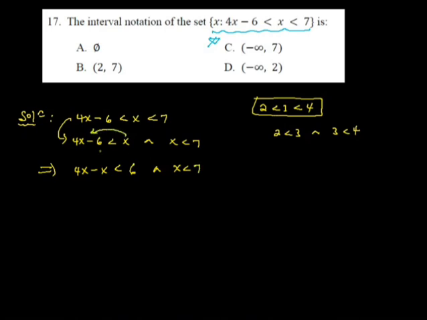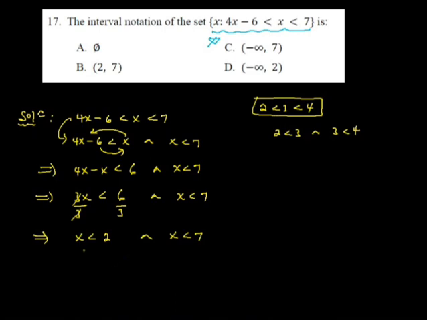እቺን ወደዛ ወስዳችሁ መቀነስ ነው፣ minus 6ን ወደ ራይት ወስዳችሁ ፕላስ ማድረግ ነው። So 4x minus x is 3x, 3x is less than 6 and x is less than 7. Now divide both sides by 3. So ይሄ ምን ይሆናል ማለት ነው x is less than 2 and x is less than 7 ይሆናል ማለት ነው።